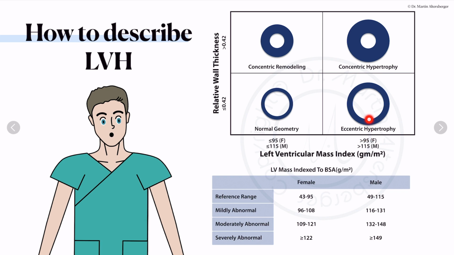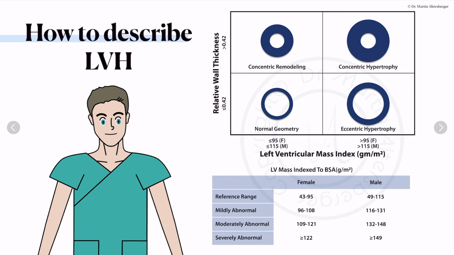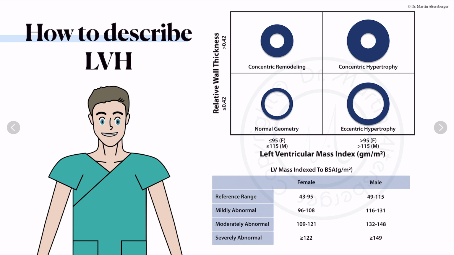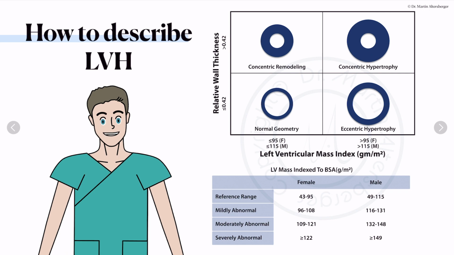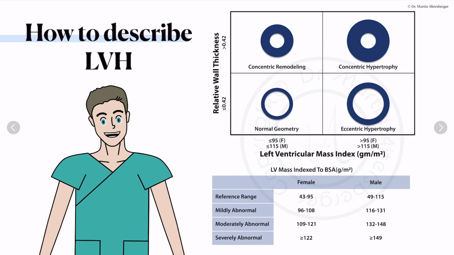And here we can see that if the left ventricular cavity is large, we have eccentric hypertrophy. If it is small, we have concentric hypertrophy. So we can differentiate the form of the left ventricle in case of thickened heart walls. And I would stick to this description because it makes a difference in my personal point of